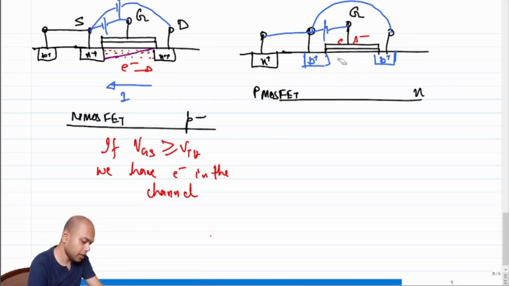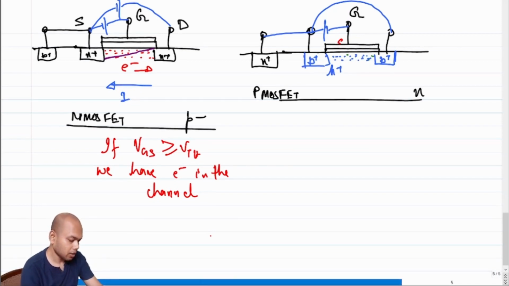Since the electric field will go this way, all the holes which are available here, these are holes, H plus, will tend to accumulate under the channel,